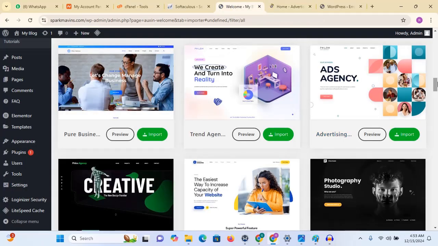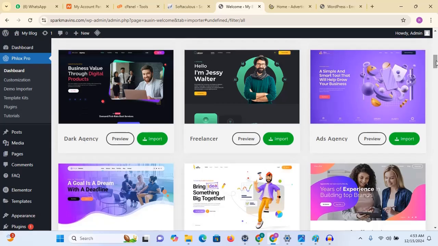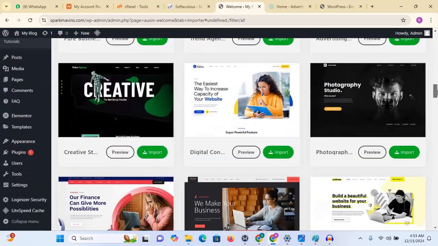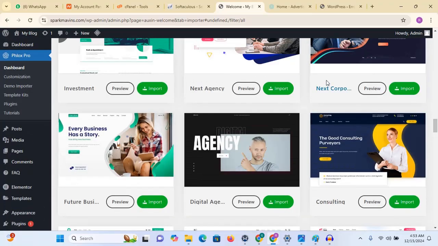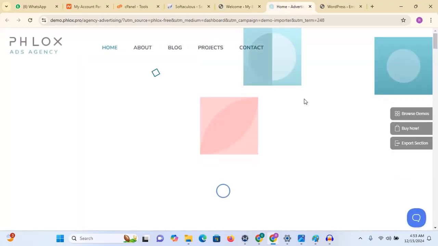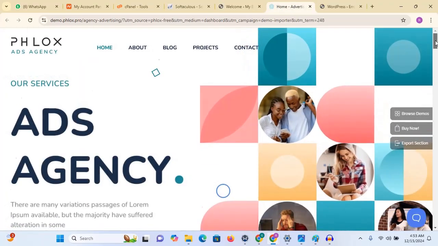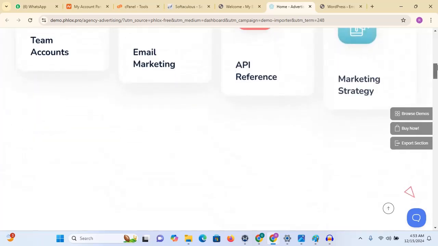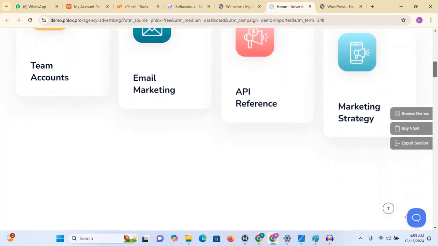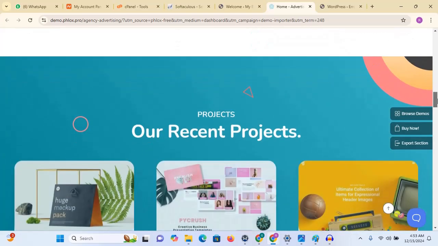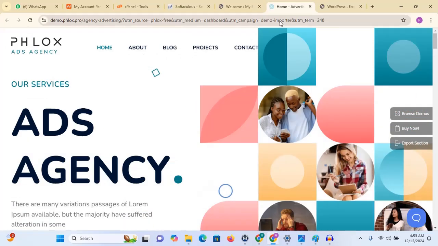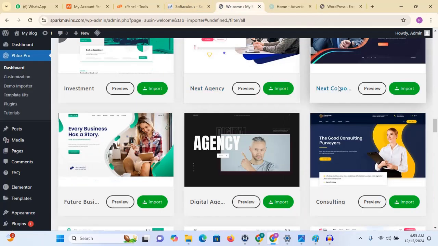All of the demos here are all agency based demos. As you can see, they are for one agency or the other. So this is mainly for digital marketing agencies. As you can see, they do team accounting, marketing, PR, marketing strategy, and lots more. So I'm just going to come back here. So if I want to go for that